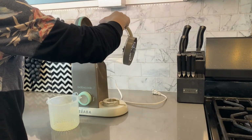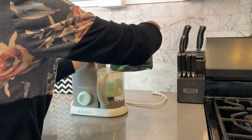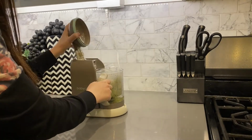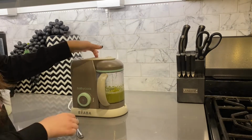It is amazing. I made my daughter's baby food and I used pots and pans and a little steam tray that goes in the pot, and it works. It definitely works, totally doable, but it is so time consuming. This thing I can put in and 20 minutes later I have a full week of broccoli or carrots or whatever. Put it in there, put some water in there, press the little button to make it steam, let it cook, and then as soon as it's done, you just take that basket out, flip it over, and turn the little dial, and it purees